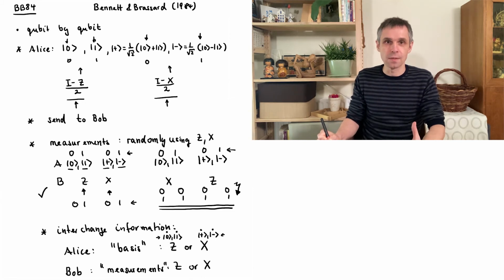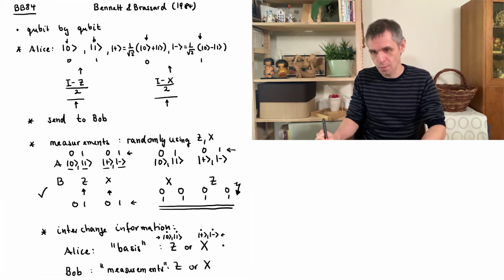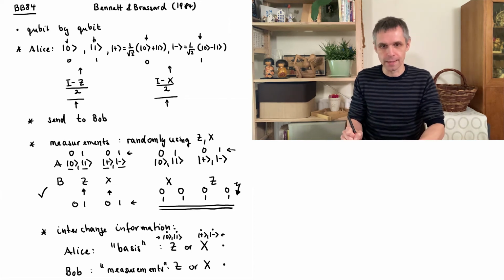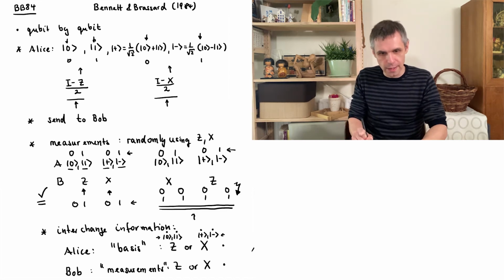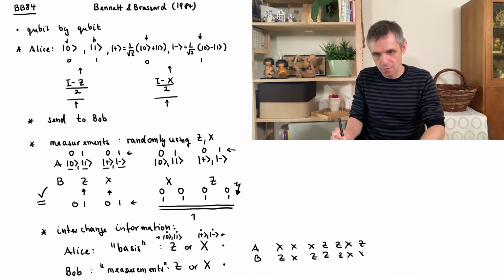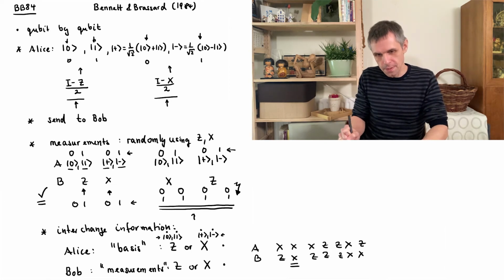And as he carried out these measurements randomly, this will not necessarily coincide with the basis chosen by Alice. However, both of them now can simply compare this information and therefore decide whenever this situation occurred or this situation occurred. So Alice and Bob send each other some strings of X's and Z's. And in the case of Alice, this simply corresponds to the chosen basis. And in the case of Bob, this simply corresponds to the measurements carried out. And whenever these symbols coincide,